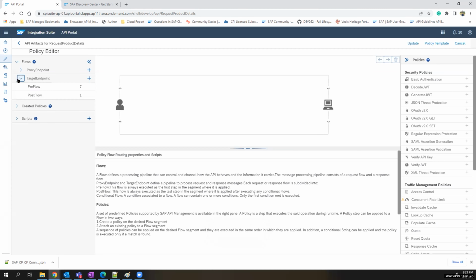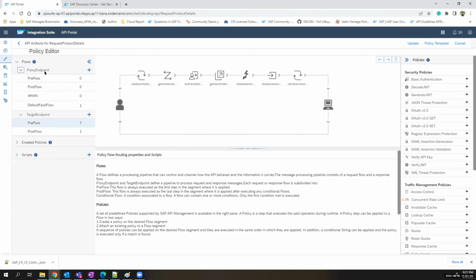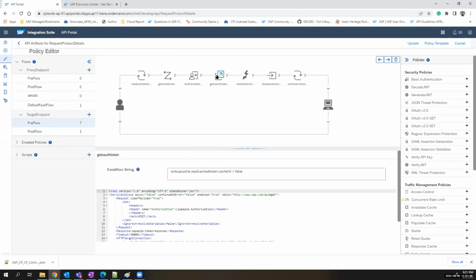it will apply to wherever the flows are, like the pre-flow of the proxy endpoint and the post-flow of the proxy endpoint. These are attached on the pre-flow of the target endpoint and the post-flow of the target endpoint. So these are the policies already created. What these policies will be doing is, this policy template basically takes client ID, client credential, and it will generate a bearer token,